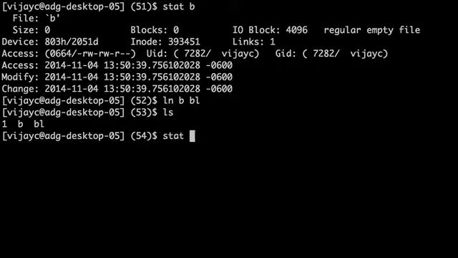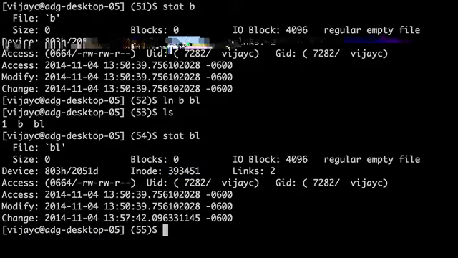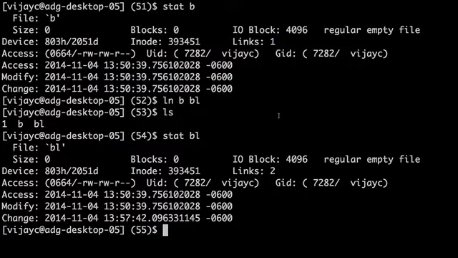Now if we do BL, we can see that it has the same inode number as B. I just created a link between B and BL, and they both point to the same core inode. Interestingly, it also shows you the number of links for that file. Previously it was just link 1. There was only one name pointing to 3935451, but now there are 2, B and BL.